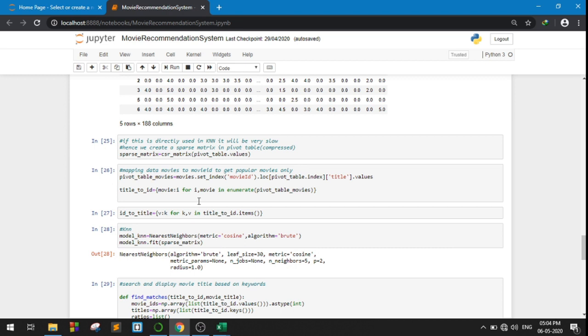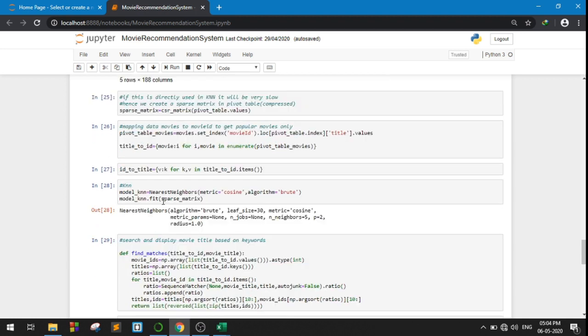Next we construct a dictionary using an enumerator. Next we print the IDs. Next, in this KNN model, that is the nearest neighbor, the metric used is cosine and the algorithm used is brute force.